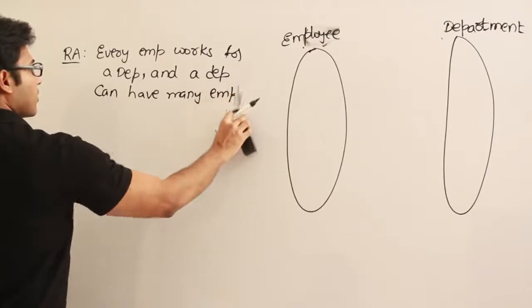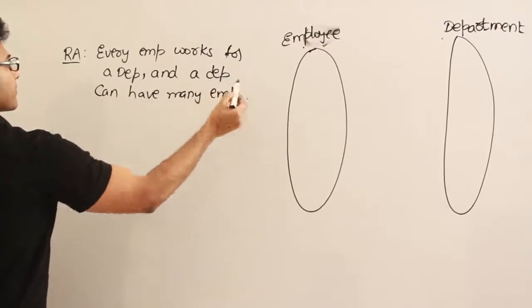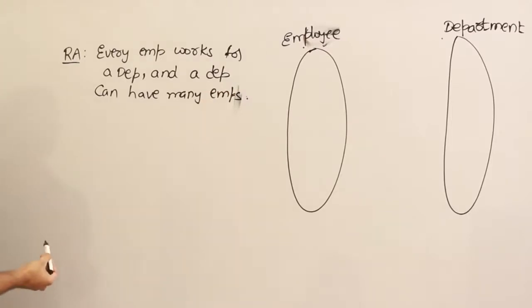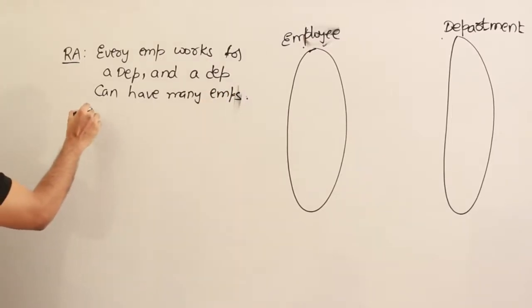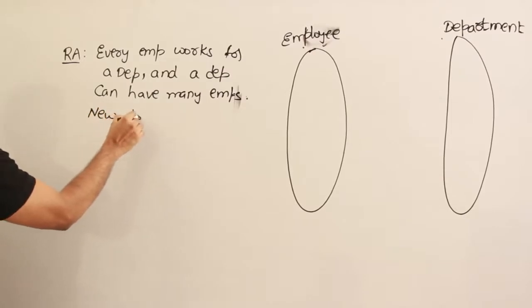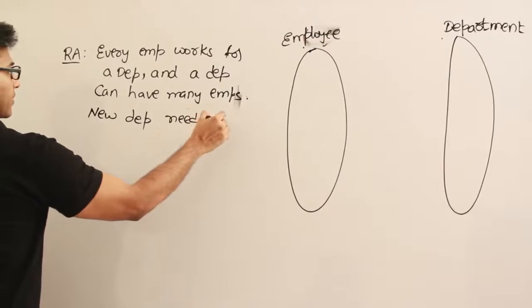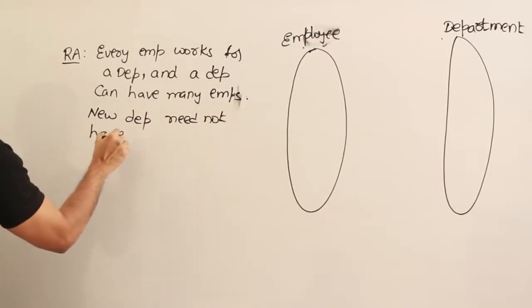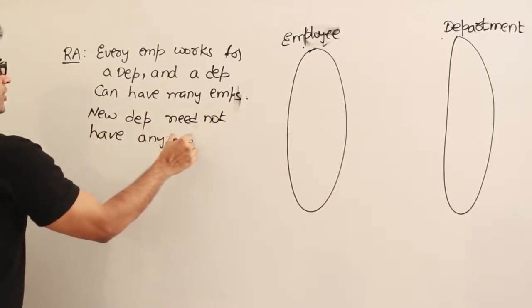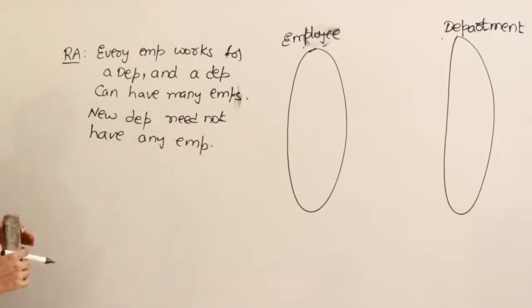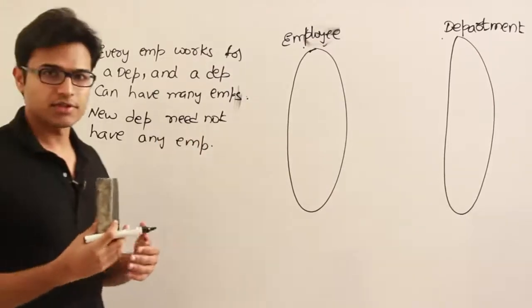And let us say one more constraint is a new department need not have any employee, right? If this is what you have written down, which means in your conversation with the users as